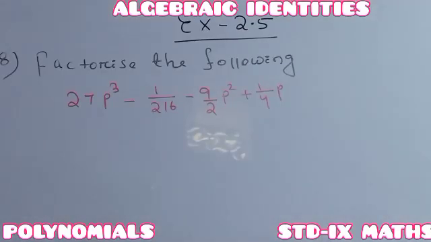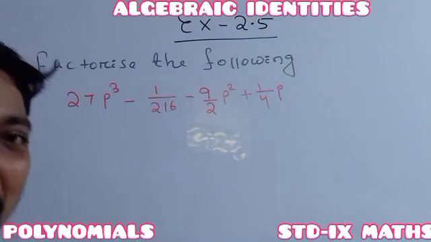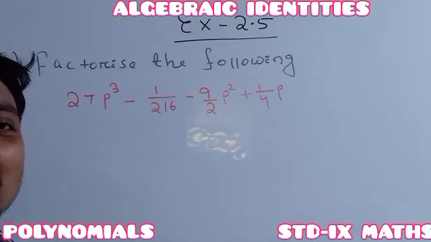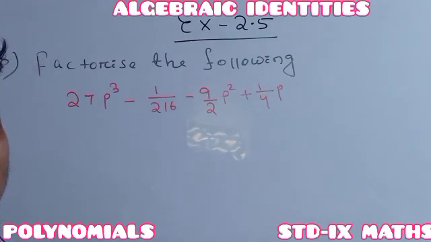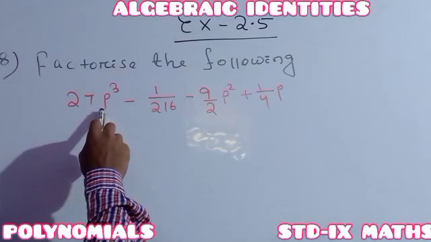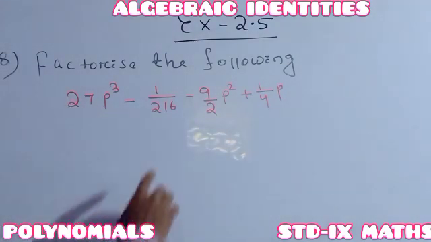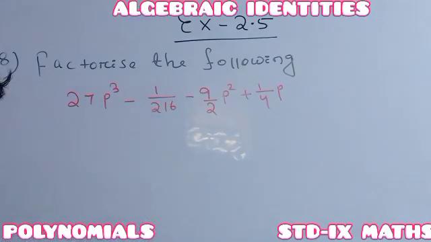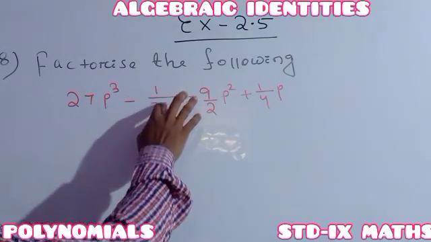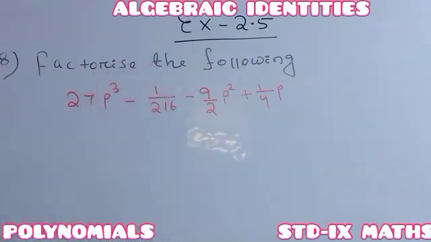See, in another question of question number 8, one of the expansion forms is given, and it is asked that you have to write its factorization form. Okay, see here one of the terms is a cubical term, and this one is also a cubical term, because 216 means it will be 6 cube. It means 1 by 6 to the power 3, it will be this much.